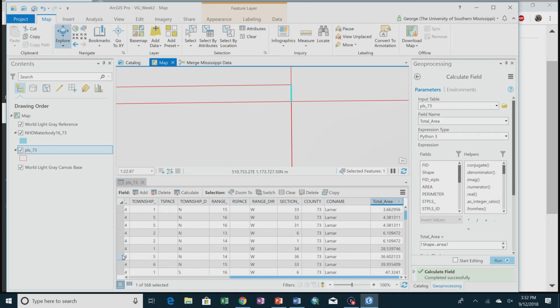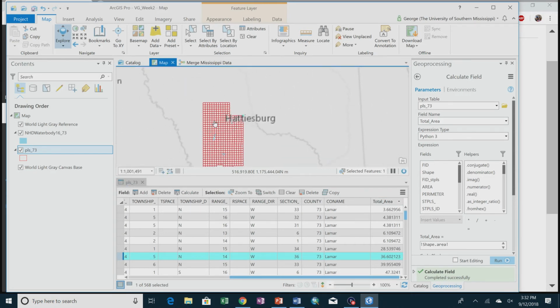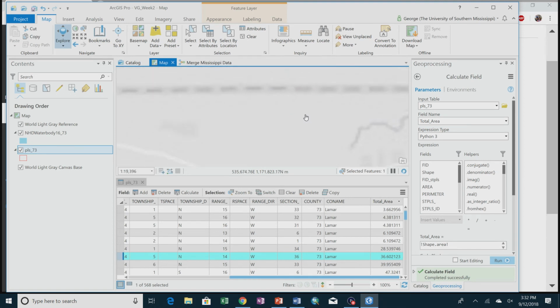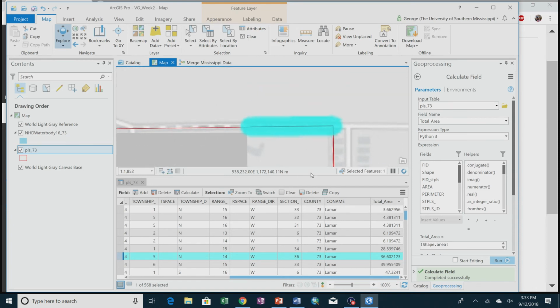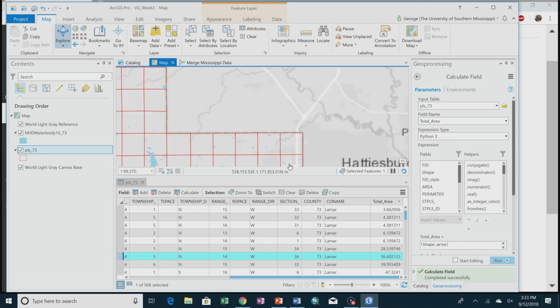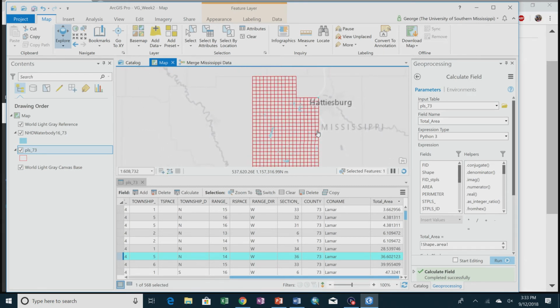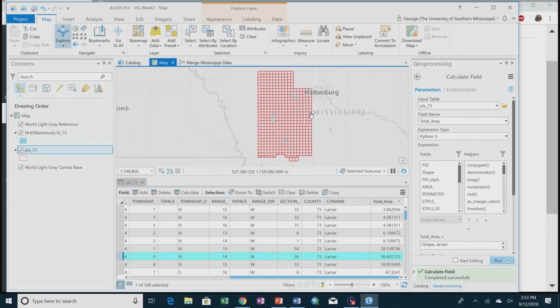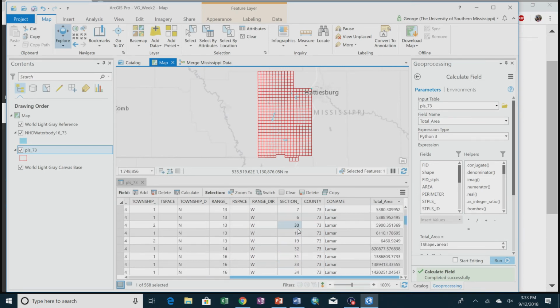Now what about these guys? These are probably at the edge of a county somewhere. Yeah, that's the very edge of the county. This one is just barely, a little teeny piece of it is in Lamar County. We might want to do something where we just remove every value under a certain one, but it doesn't really matter for what we're doing right now. But if we were doing this in real life, I may want to just remove everything that is under